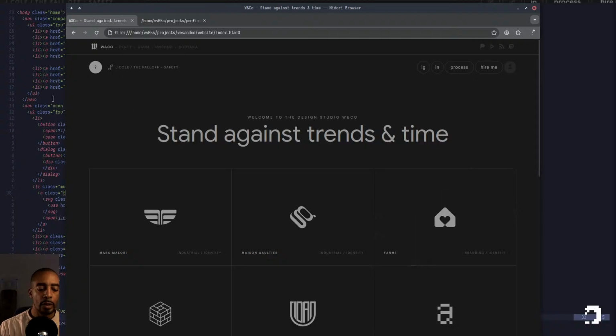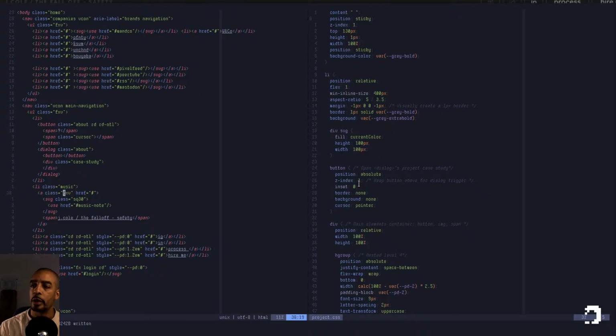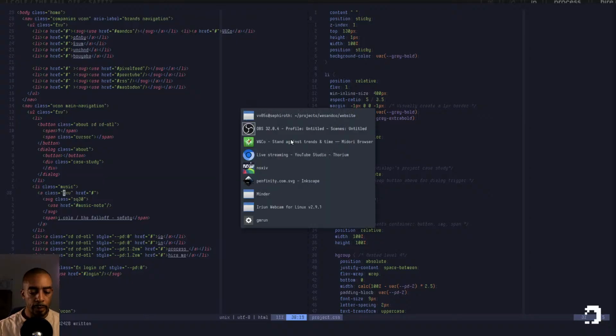Maybe I will need to just change all the colors of the theme for now, but now it's not working as it's supposed to. Wait a second. Okay. Okay, so